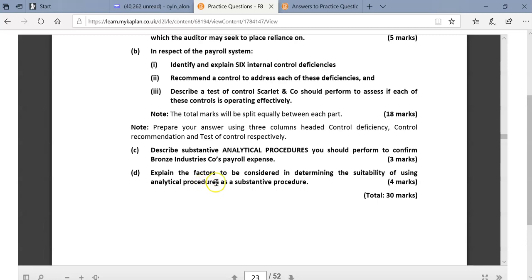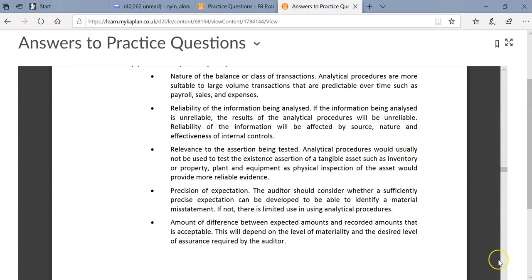The good thing about analytical procedures as well is, as we grow this, once we start using IT, so CAT, computer-aided techniques, you can break down these figures into departments and actually carry out further analysis. So you don't have to physically do it yourself, using this software. You can actually extract the data and look at these figures individually and see where the variances are to make decisions. Let's look at their answers.